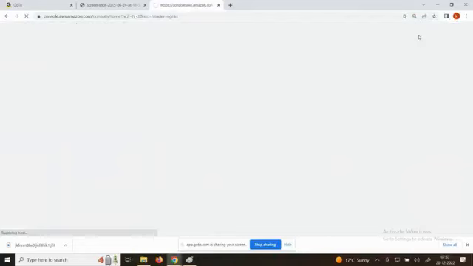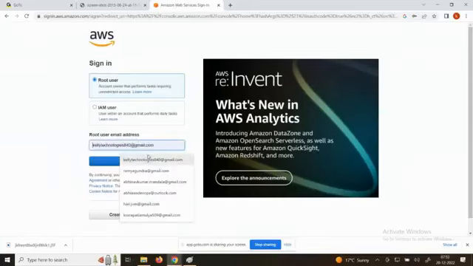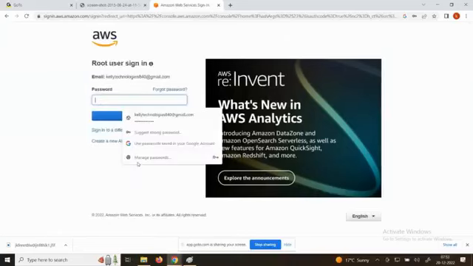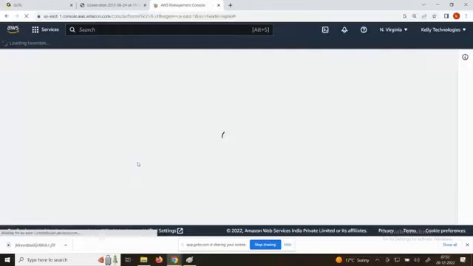You will see create an account here. Right now I have already created an account. Click on next. Click on OK. So this is the AWS console. Is it clear? This is the AWS management console.